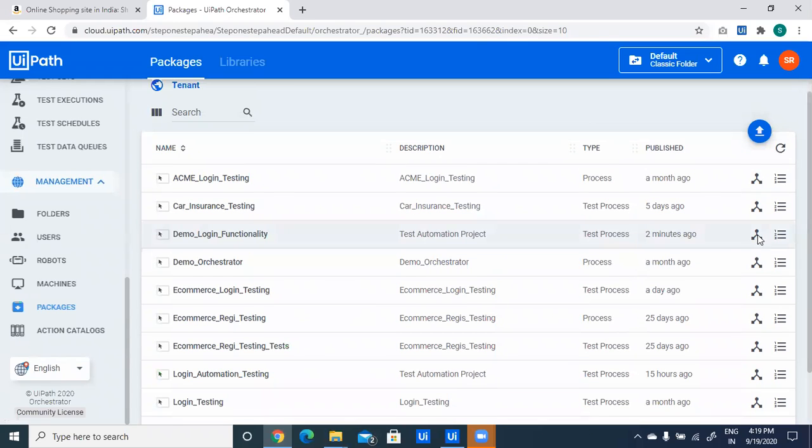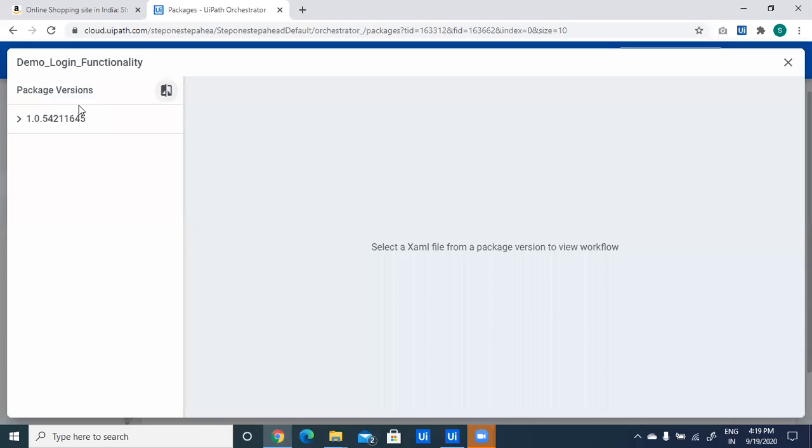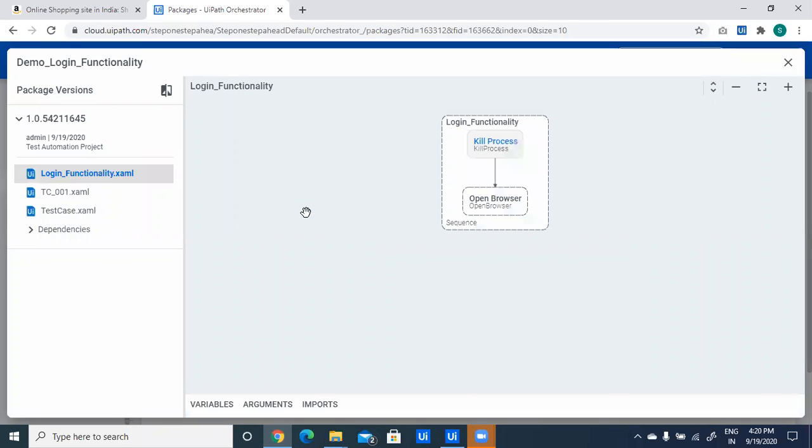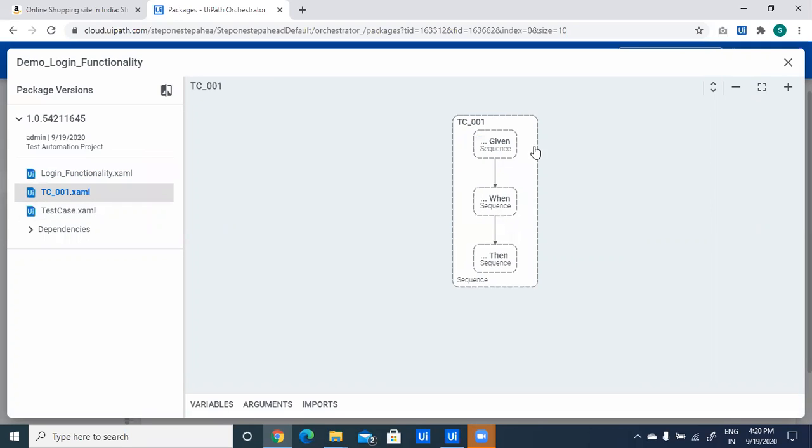Just click on explore package. This is my current version. These 3 types of XAML file are available in my project. Just click on login functionality. We can see the structure of our login functionality workflow. And the test case XAML file we have designed, this is the structure of my test case.